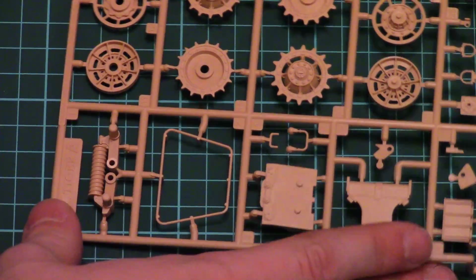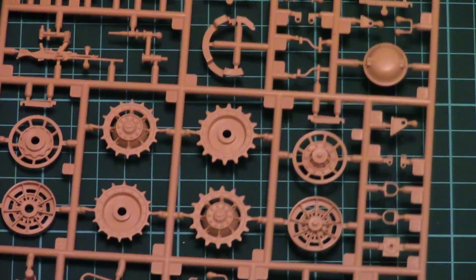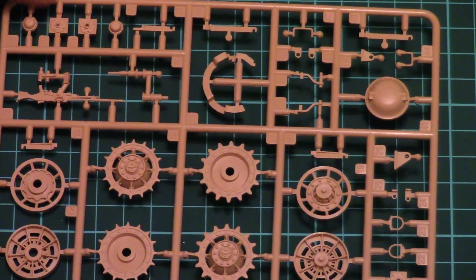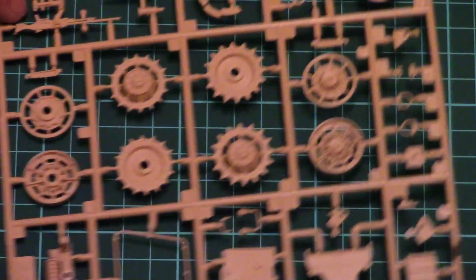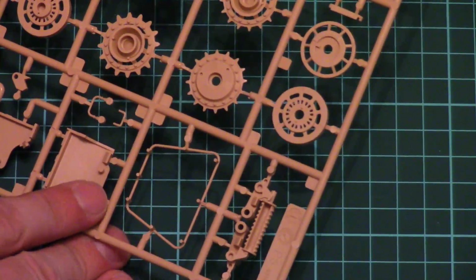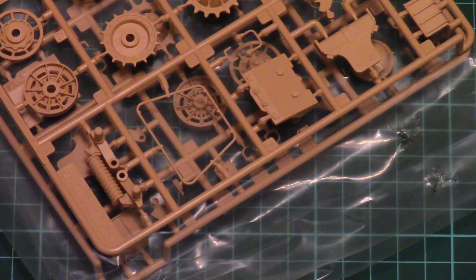Here it is. So here we have drive sprockets, idlers, and some other external hatches and suspension elements. From the other side there is again nothing interesting because it won't be visible. And once again there are two sprues of this type, so for each side of the vehicle, obviously. Then we have another plastic bag with another plastic sprue,